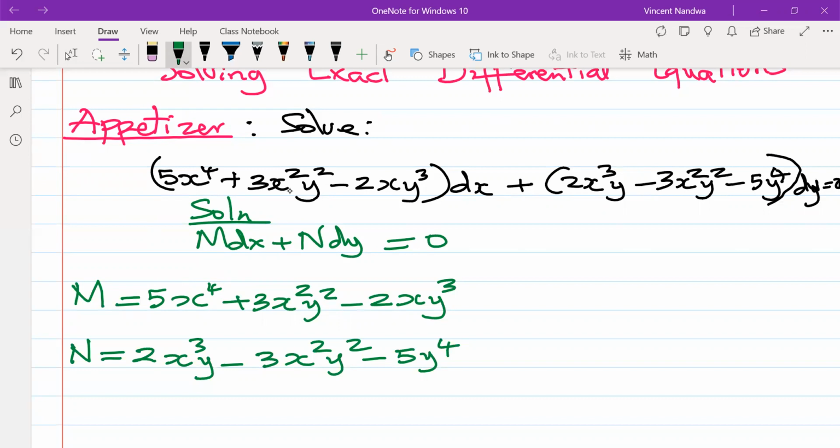So we test whether the equation is exact or non-exact by using the condition